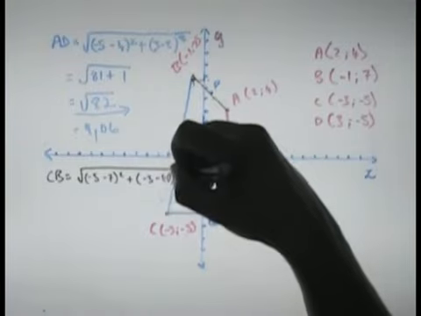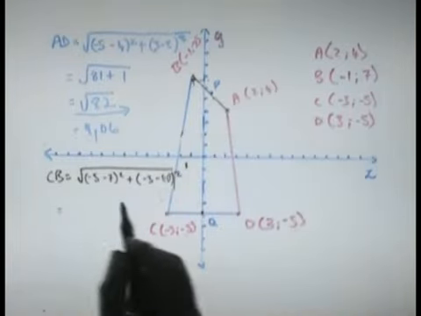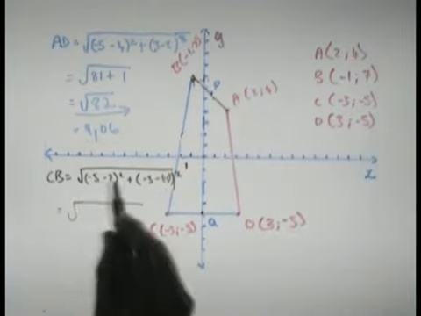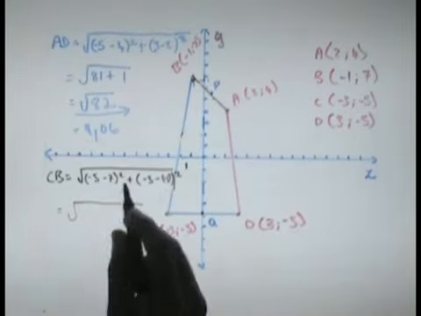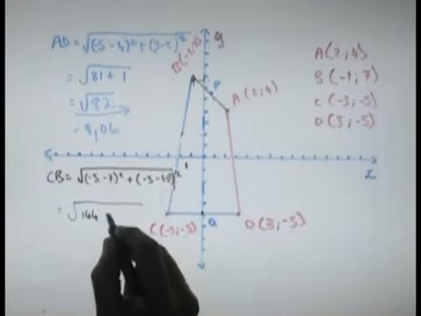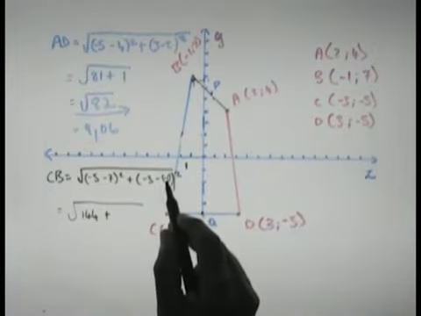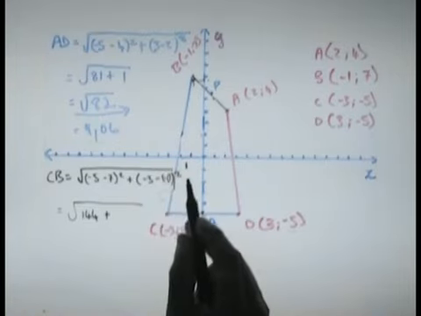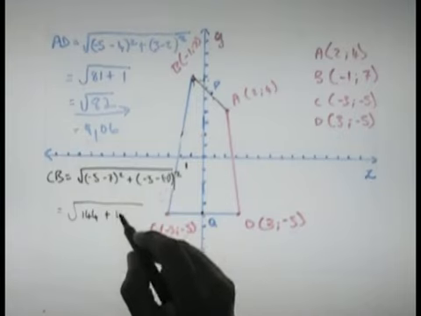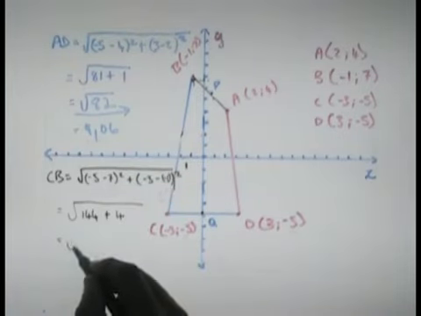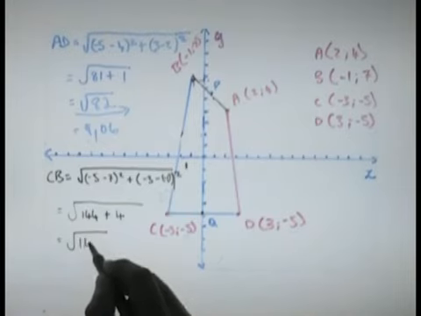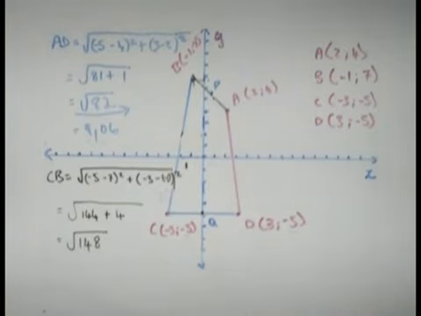So the square root of minus 5 minus 7 is minus 12, squared is positive 144, plus minus 3 minus minus 1, which is minus 3 plus 1, is equal to minus 2, and minus 2 squared is equal to positive 4. So we're left with the square root of 148. If you want to simplify that, 4 goes into 148,